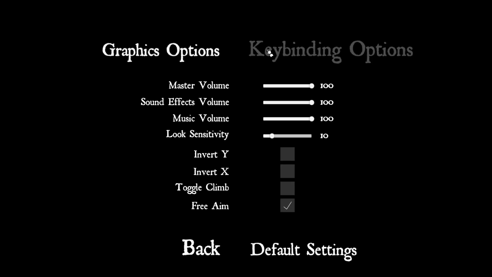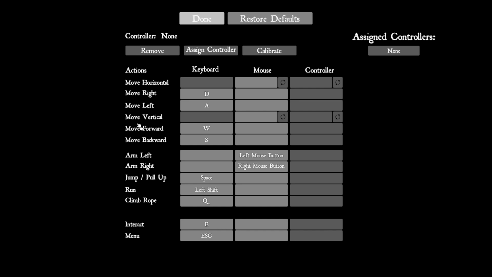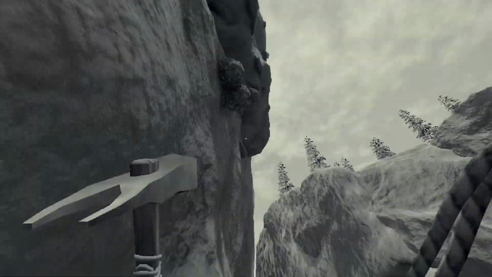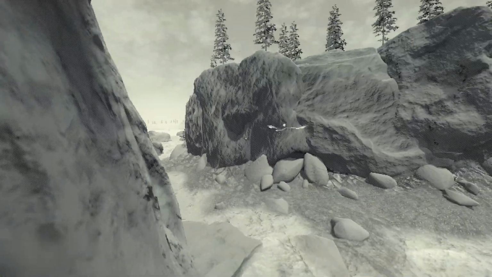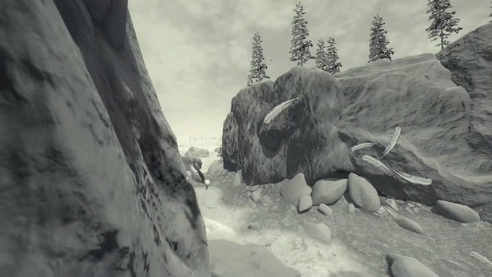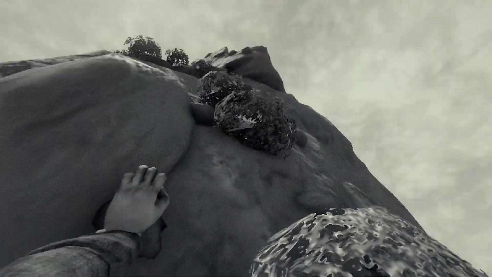So I totally understand why the dev added keybinds for it, because it would have been a nightmare to climb mountains and then have to quickly look down to grab the rope, especially with all the other tools that are in the game. But overall, this mountain is pretty much the exact same. There's seagulls on it that can knock you off. And I did also test to see if the seagulls could be knocked away after they try to come after you. And they can. So overall, just the same type of mountain.